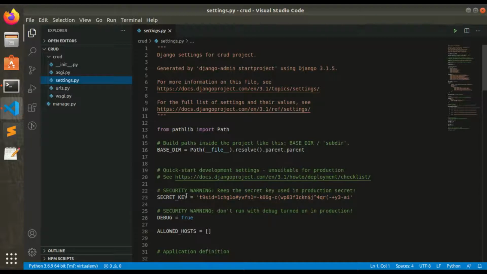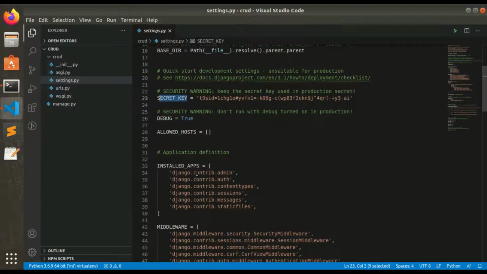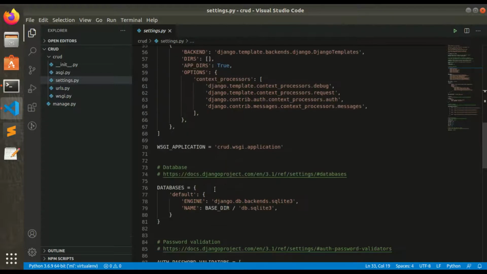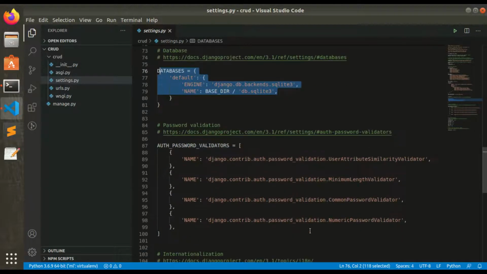It contains contents like the secret key, the apps which are installed in our application, and also the database which we are using. Here we can change the database name for our need.